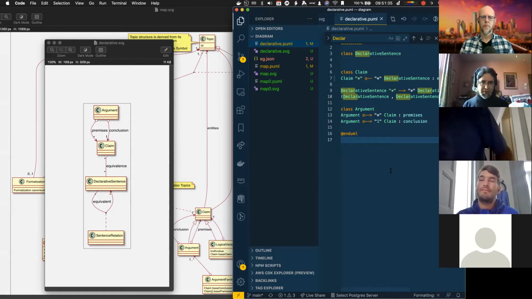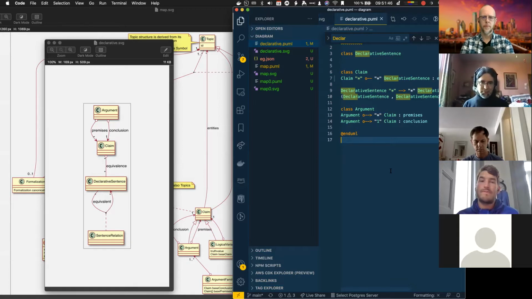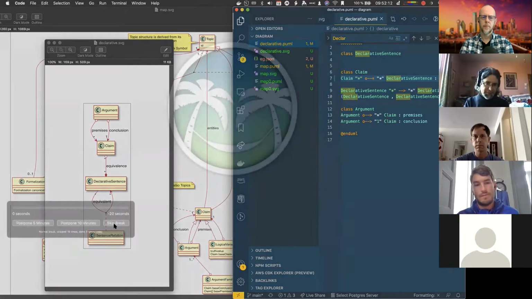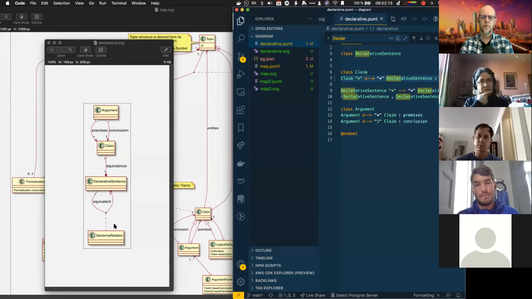Well, you will notice that there's no link between them. That doesn't mean that they cannot live in the same diagram. But it does imply an aggregation link, which is corrected now. That clarifies it. Where I wanted some kind of link, I'm almost wondering if I should put an aggregation link here. Maybe I should, because as I said, I don't see a declarative sentence living without a claim, a singleton claim. Exactly, which is also part of the problem why, once you start talking about the sentence relation, if you look at some of the questions I asked,